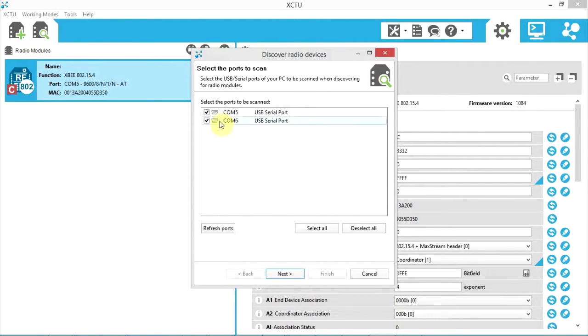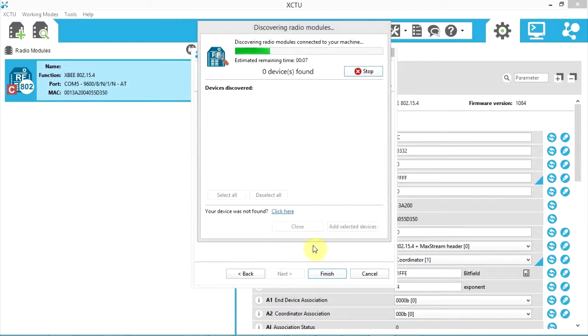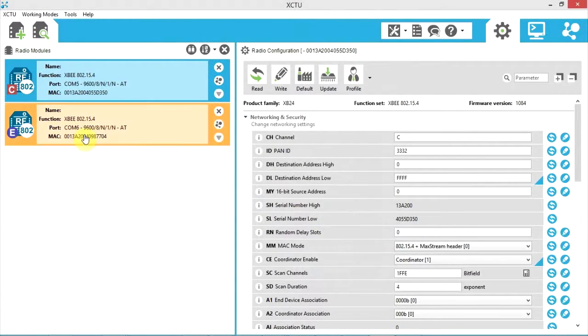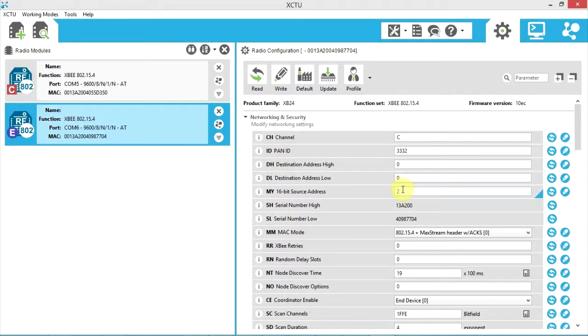So now we're working on column 6. Don't need to scan 5 again. Okay, so with this one, this is set up to source address 2, destination address 0, which matches the coordinator address, and this is set up to be an end device. So, and the C and 3332 match here. So let's go ahead and add